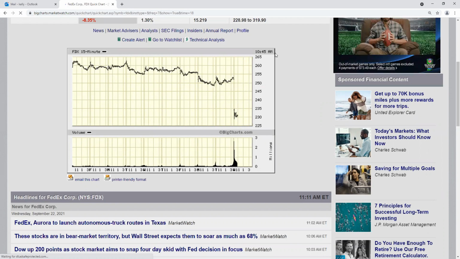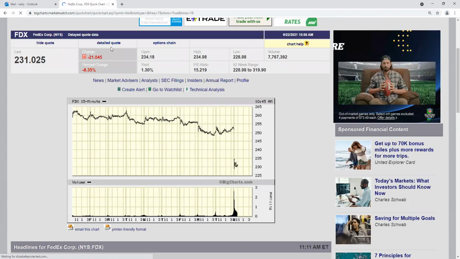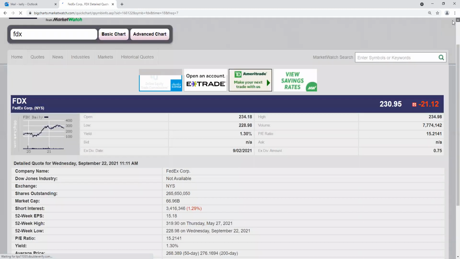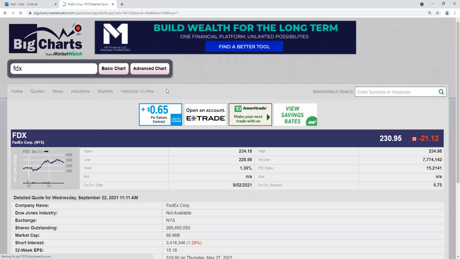I'm not sure. Let's just take a look at the moving averages on FedEx, just to give you a little jump off here to a sidebar. Yeah, so the moving averages are inverted and they're all above the market. So that makes for a tough environment. Could you snap back? Sure, just like the S&P snapping back. Again, the majority of people think buy the dip, and they may very well be right.